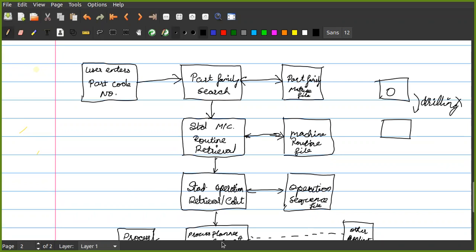Then whether it needs to be edited or is fixed, with no change required. If no change is required, you process it to the process formatter. If any change is required, you change the sequence and save it in the operation sequence file.